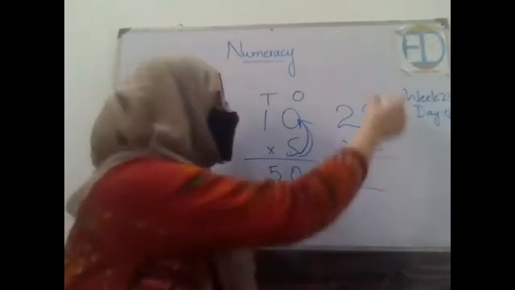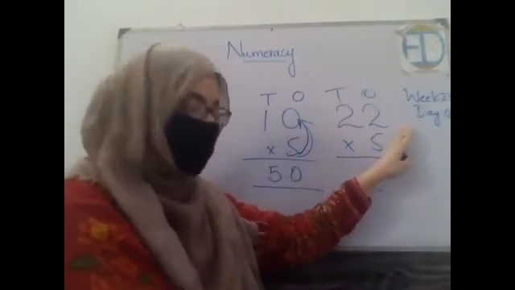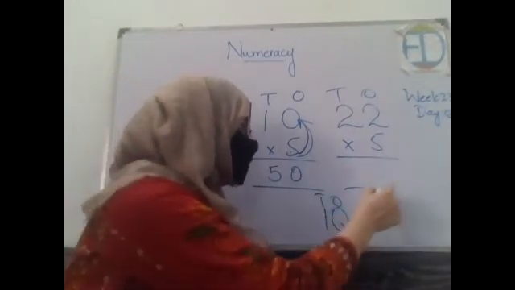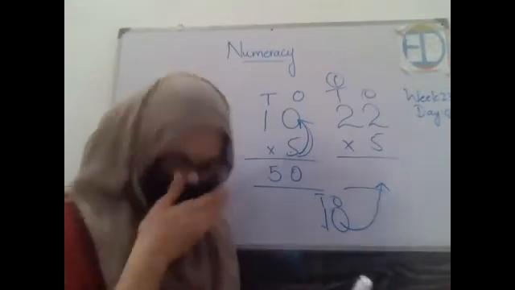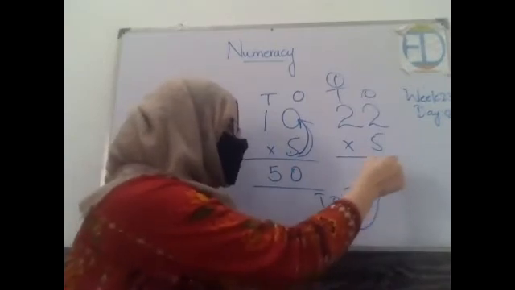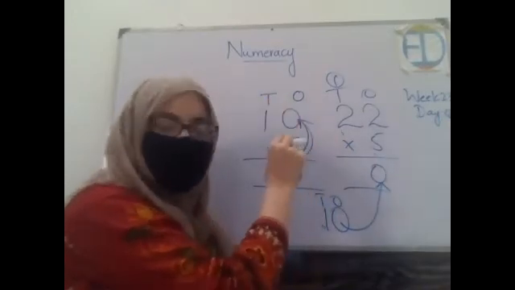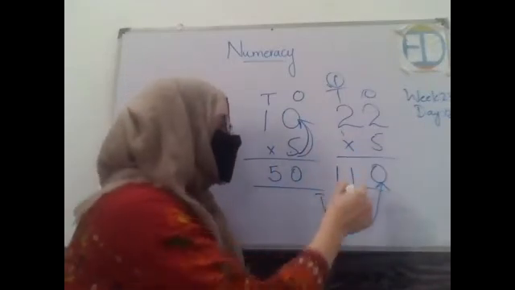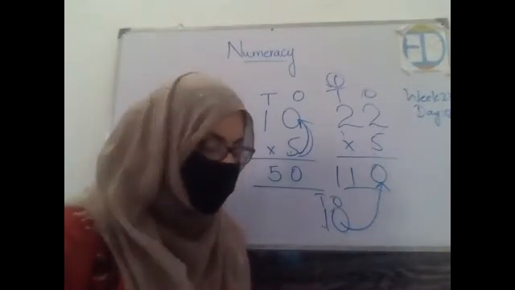22 and 5. Again, the place values. 5 times 2 is 10. Now 10 is a 2-digit number, and this is the ones and tens place. So we will take the ones digit into the ones place and take the other one as a carry over. So I'll be writing 0 over here and 1 is carried on the top of it. Now 5 times 2 is again 10. So I'll add this 1 into it. So 10 plus 1 makes 11. So this means the answer is 110. This is how we do multiplication, right?